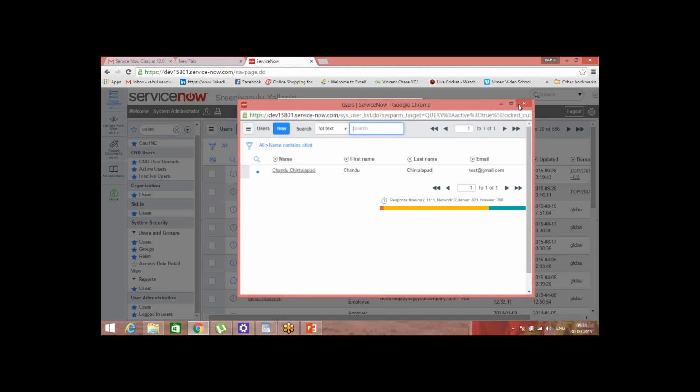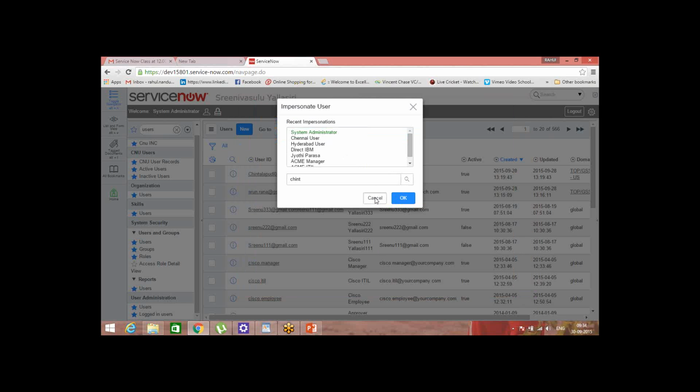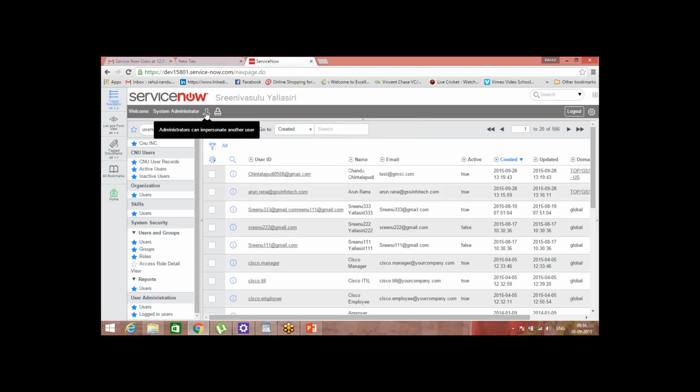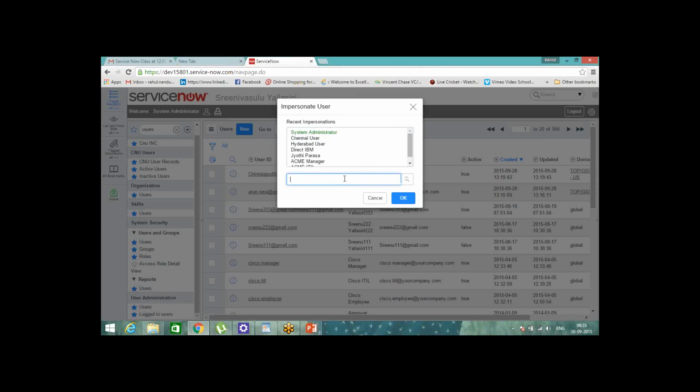Okay. Then, Chandu, click on this icon. Can you follow my screen? Yes. So before the system administration, there is a human icon. Click on that.